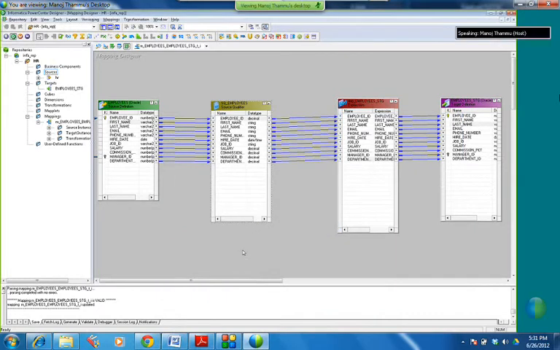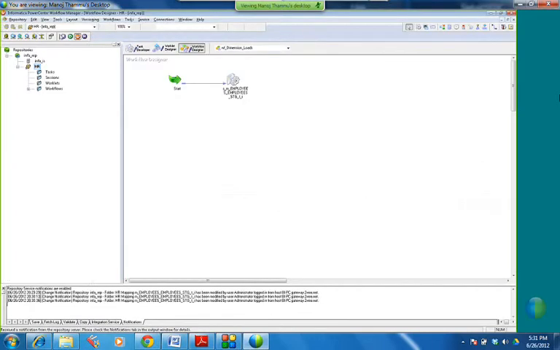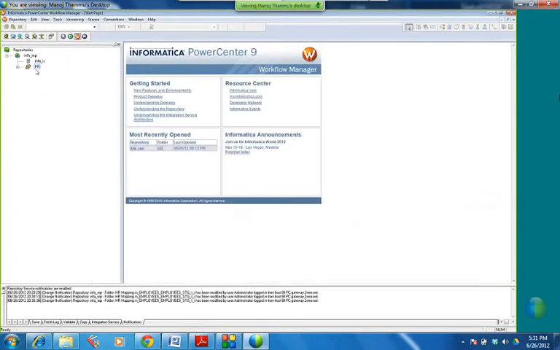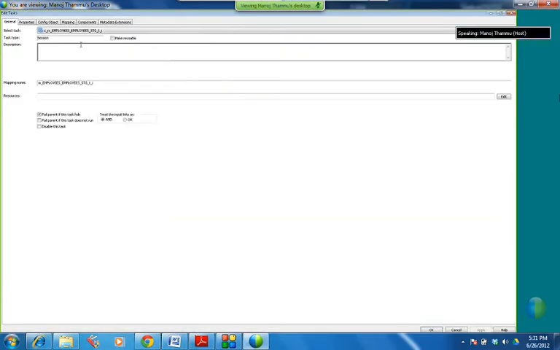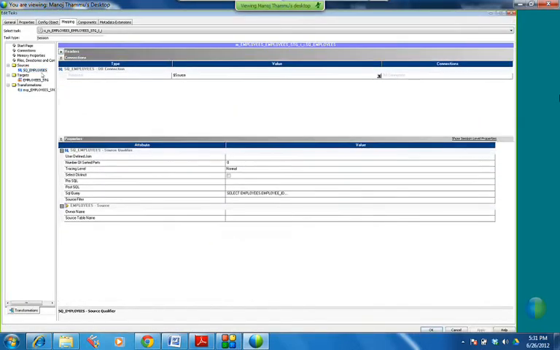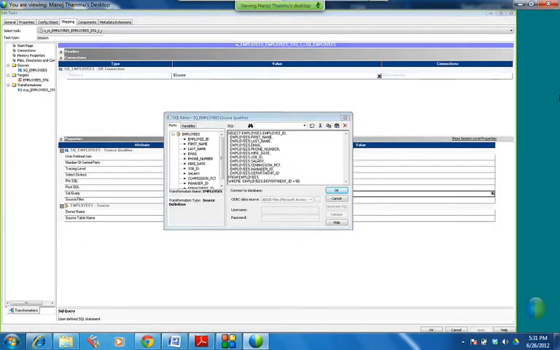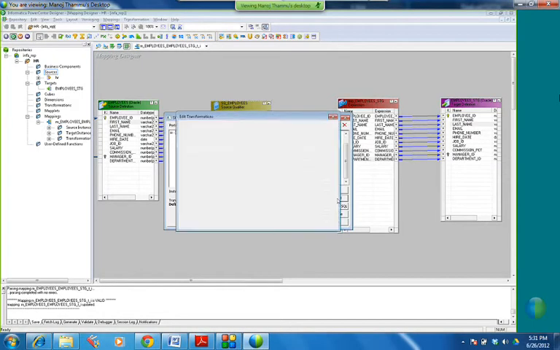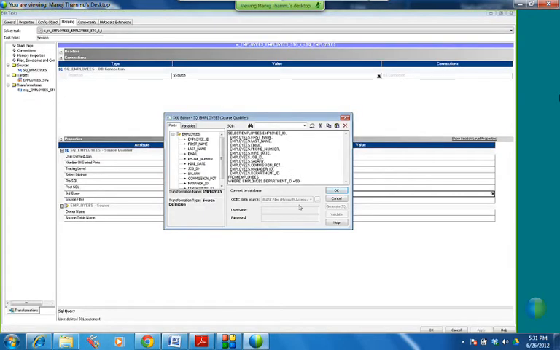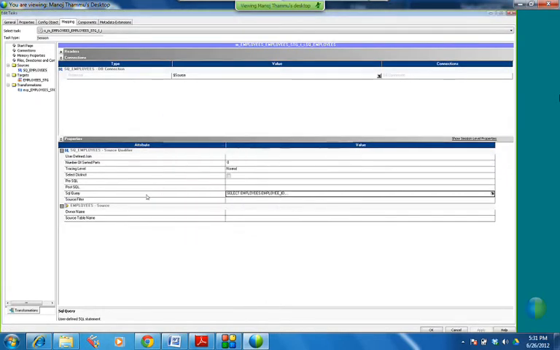Okay. Now go to the session. So you have changed something in the mapping. So for that to reflect in the session, in the workflow manager, disconnect this folder and reconnect it. So now go to the properties, mapping, source qualifier, and check whether that query is present or not. See, the query which you have written in the mapping level here is reflected here. What you wrote is reflected here. So this is also called as SQL override.